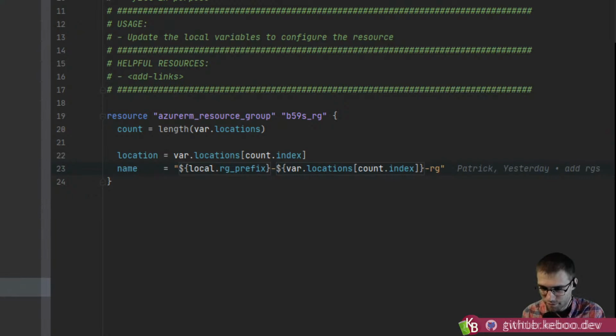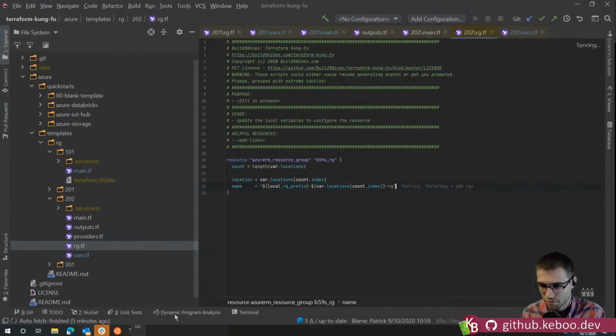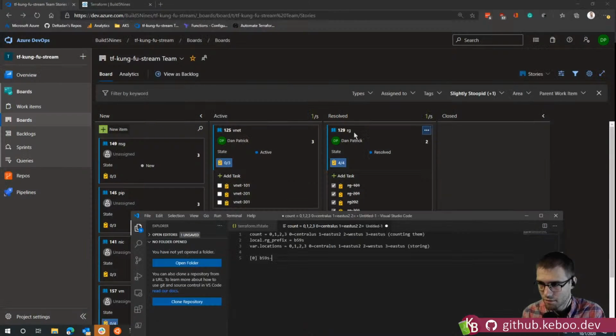So it's prefix, hyphen, the count, so the value of whichever one it is, and then hyphen RG. So on the first one, because we're on 0, it would be here, and then it would be RG, right?